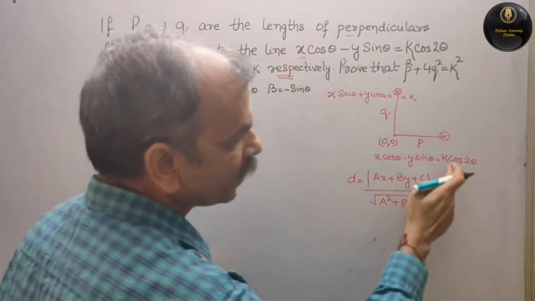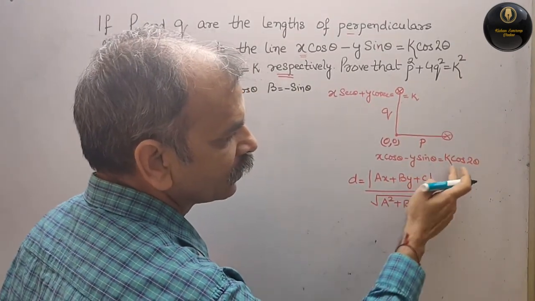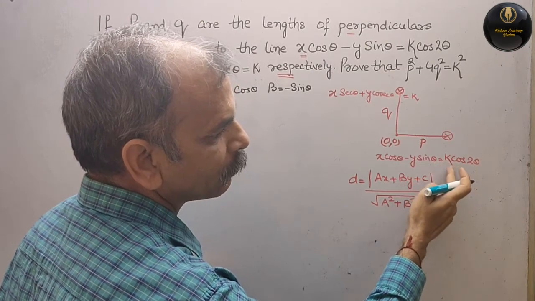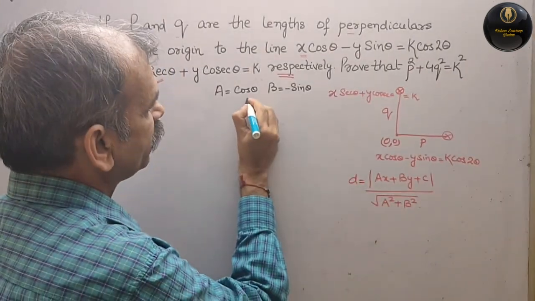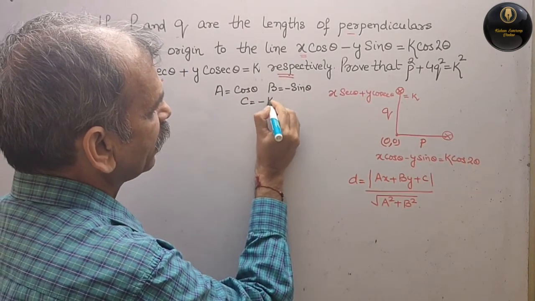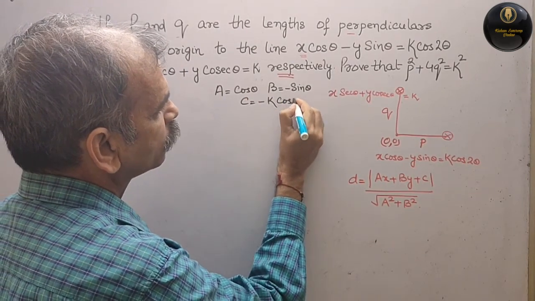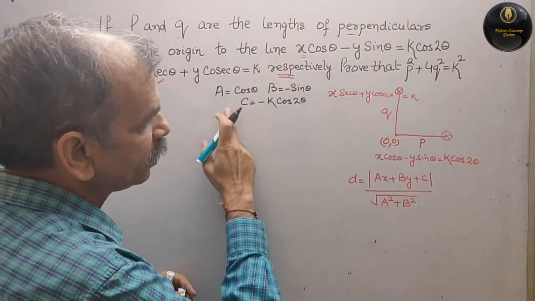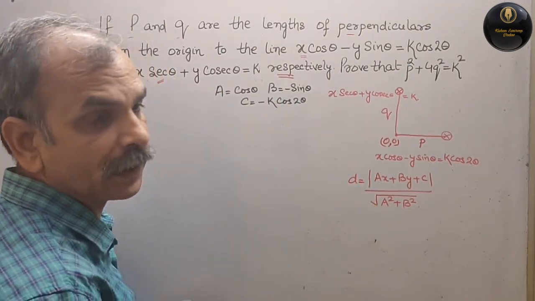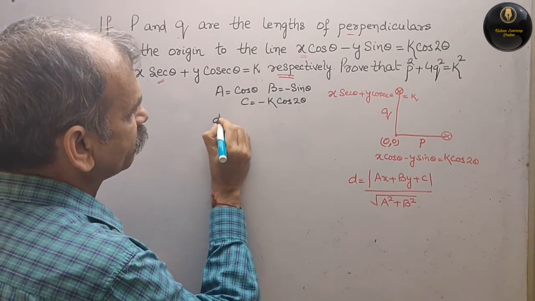And C is what? Bring this to this side. So C is minus k cos 2 theta. Now substitute these values here. What will we get? We will get D is equal to